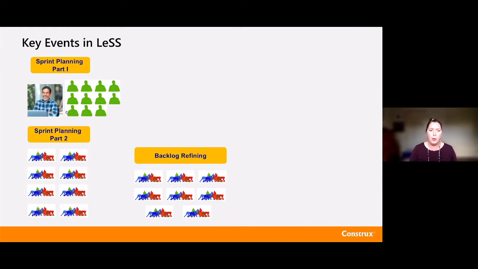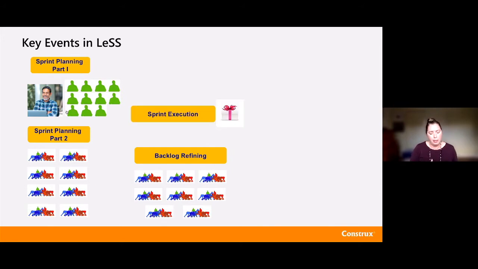After that, you're going to have the representatives go back to their teams and they're going to do what feels like part two or topic two of sprint planning, where they're going to go through and do the detailed planning of here's how we're going to go about doing this, task things out, have conversations about design activities as needed, and really make sure that they've got a good plan of attack for the sprint.